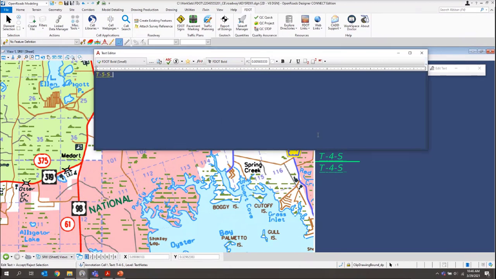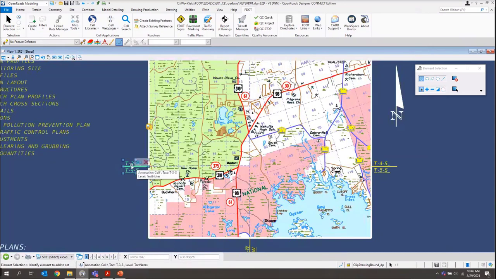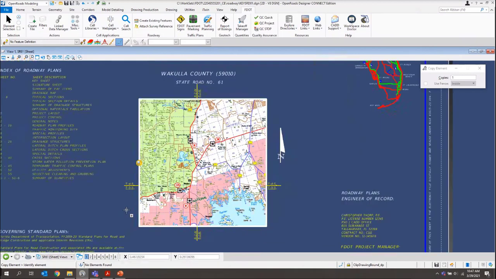Again, I should have just placed one, edited the text, and then copied it. So I'll just do a quick copy and copy that one over there. So that is the township and range labels for our key sheet.